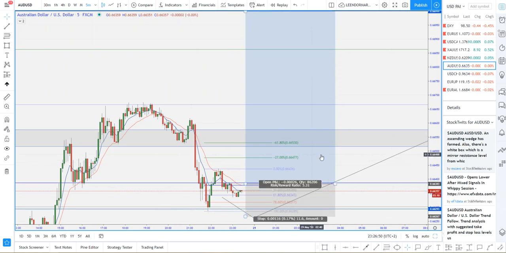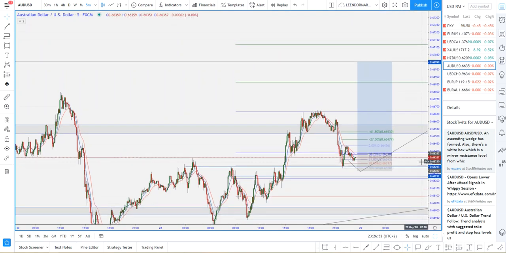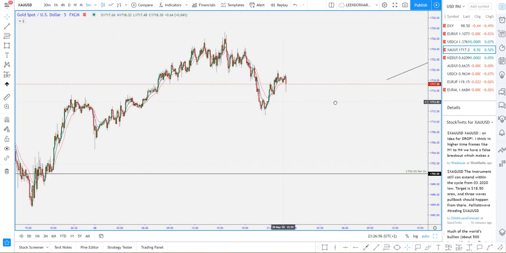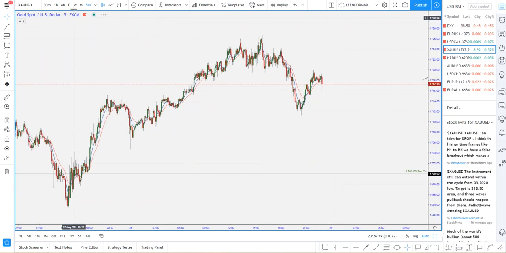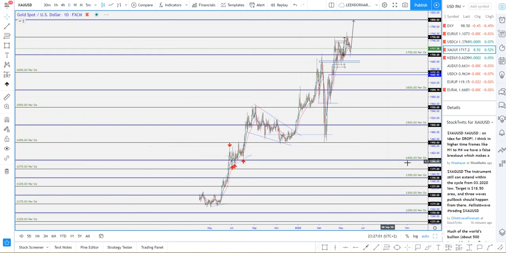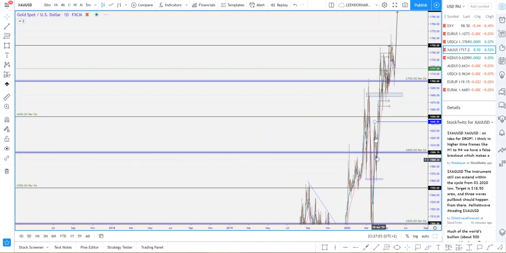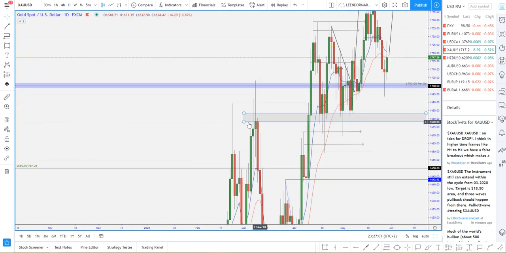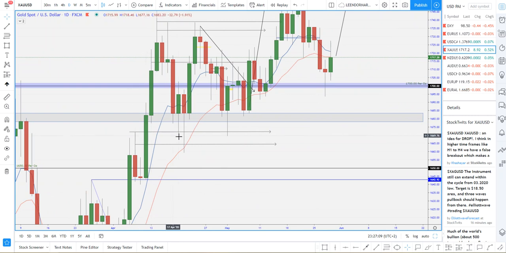So this is how I would have honestly used everything to actually get entries. Now going on to the next chart as well. Let's look at gold. From the daily time frame, gold has this previous level of support broken. If you look at this, we do have this previous level of support broken, came back to be retested